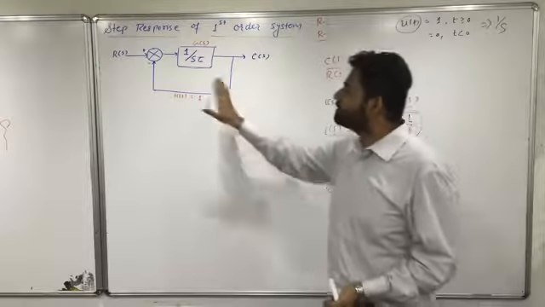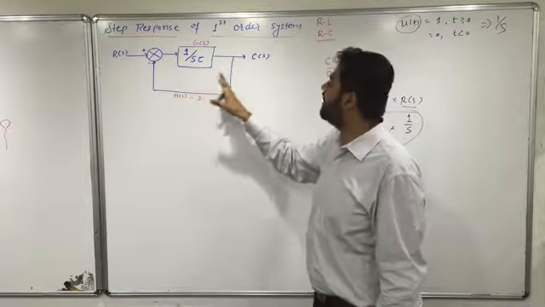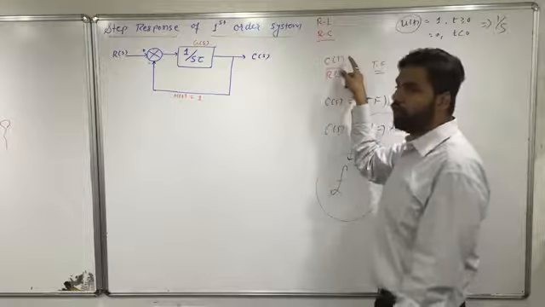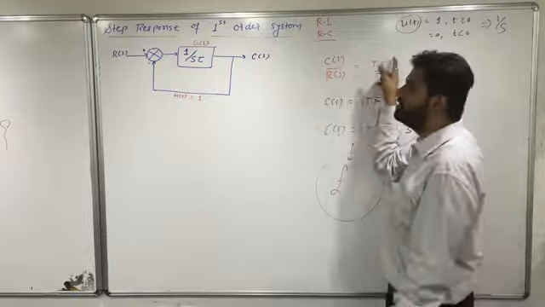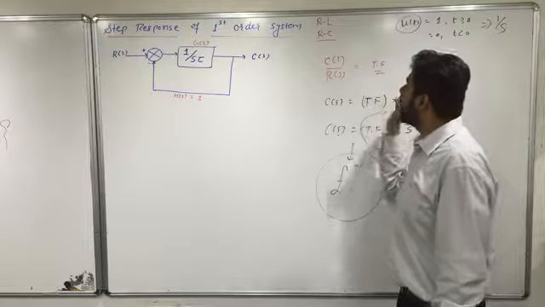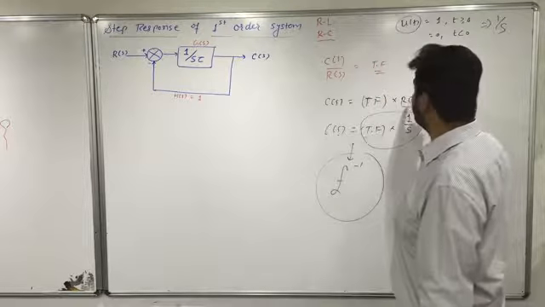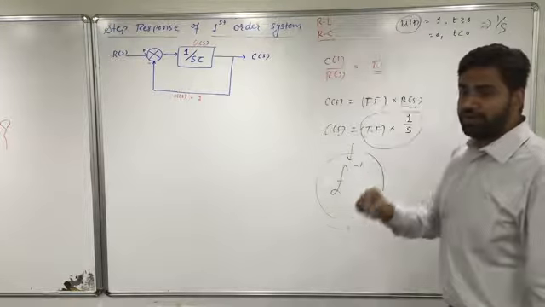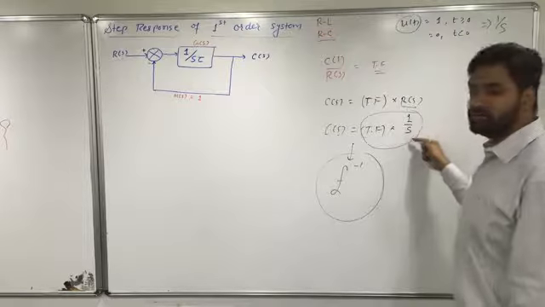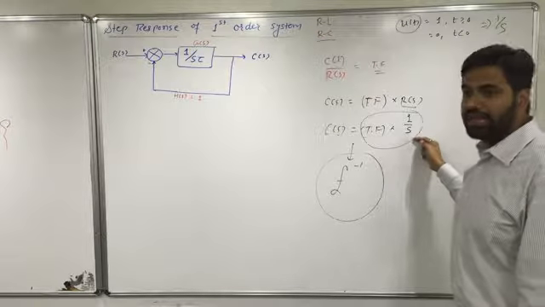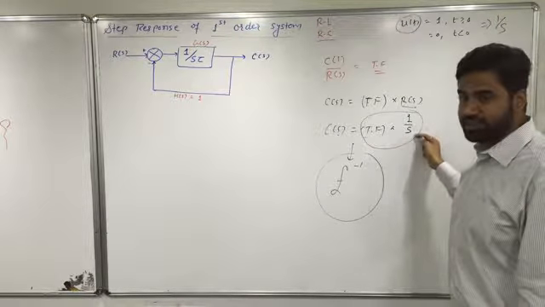See, a first order system is given. I find out the transfer function by using that formula C of s upon R of s, which is equal to G upon 1 plus GH. Fine. After that, I multiply R of s over here. It is a step function, so we can say that it is 1 upon s over here. The Laplace transform of a unit step function is given as 1 upon s.